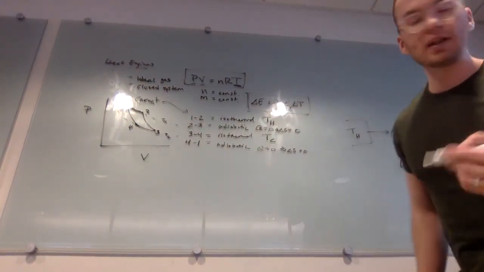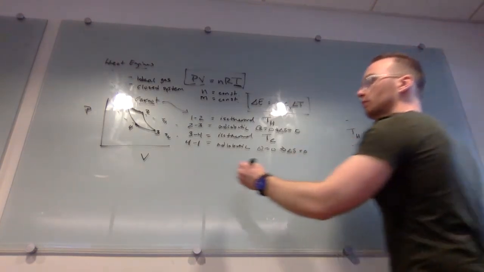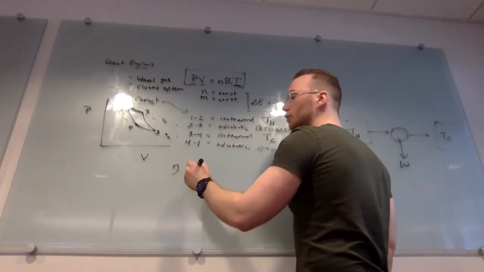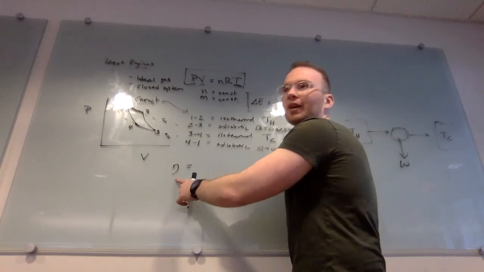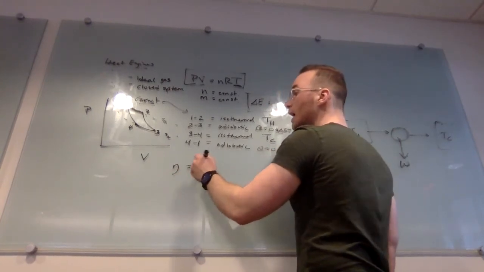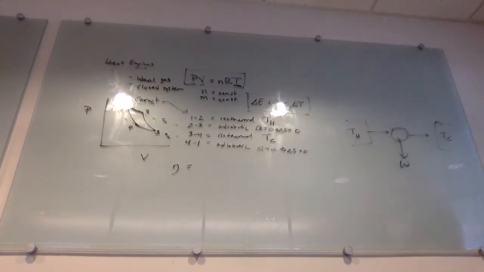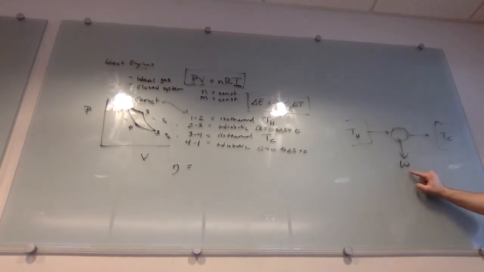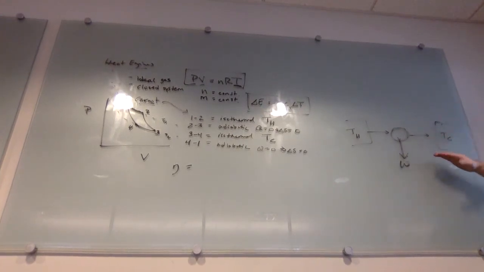So now the main thing you'd want to compute with this type of heat engine is called the efficiency. They usually use eta. Sometimes they use a little e, but anyway, eta is for efficiency. Remember, we're talking about how heat is going from here to here, and we extract some work. Can we extract all of the work? In other words, does all of the energy we're moving get extracted out, or does some of it get dissipated? And you might expect the answer is that it's not going to be perfect,